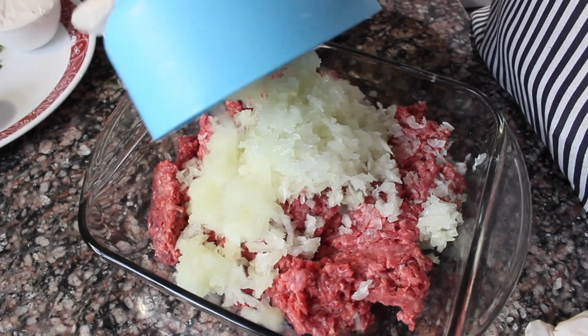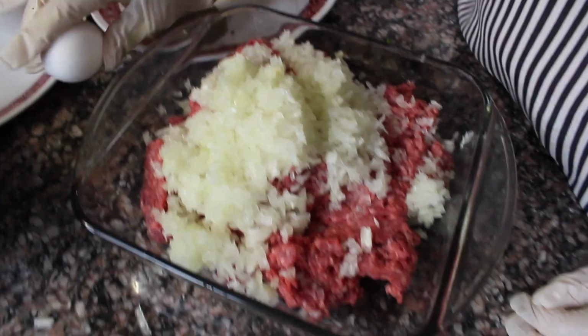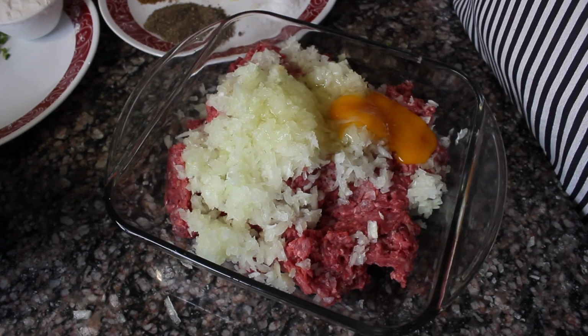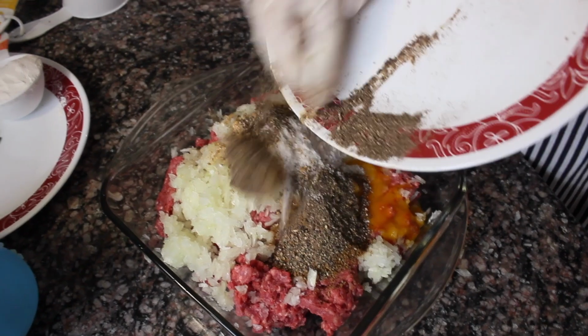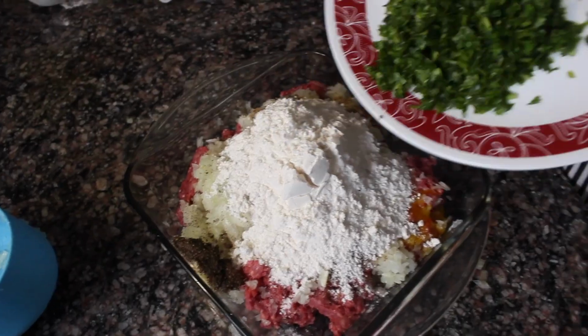I'm going to add the onion, 1 egg, and the seasoning, flour, coriander,